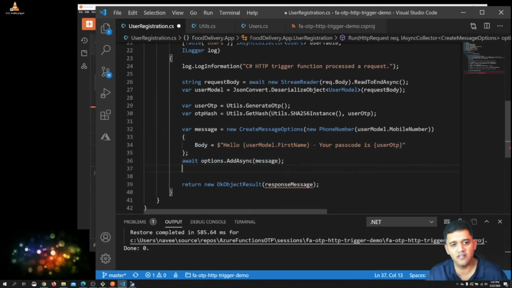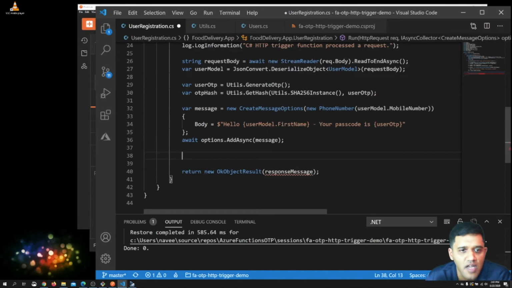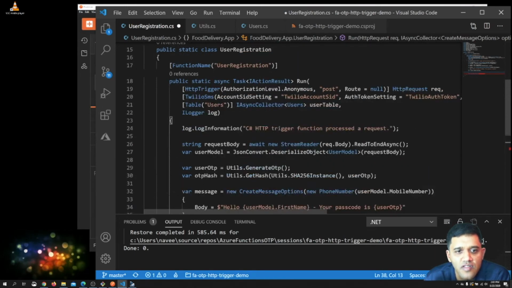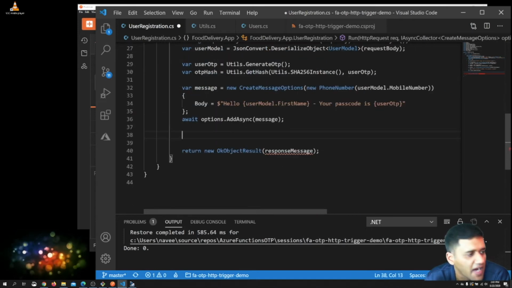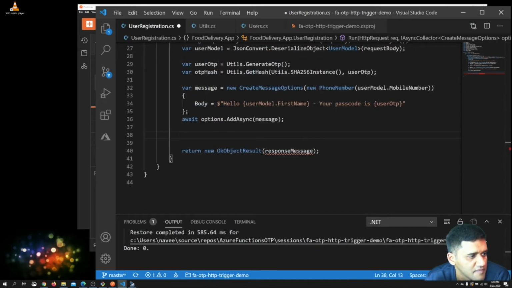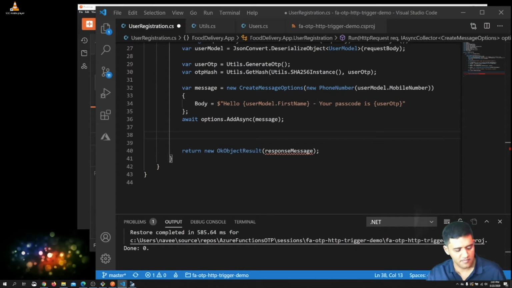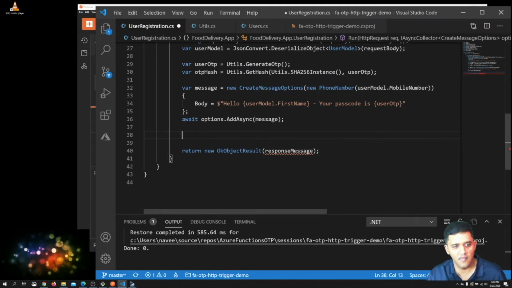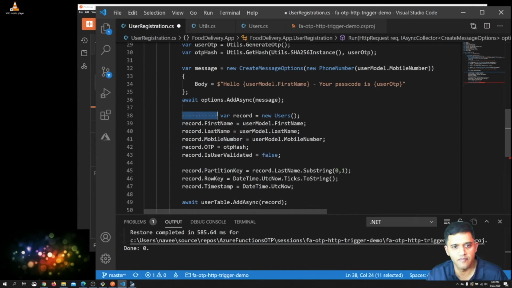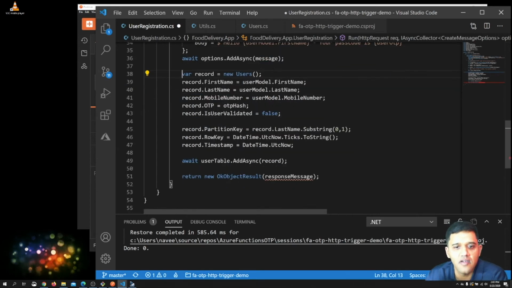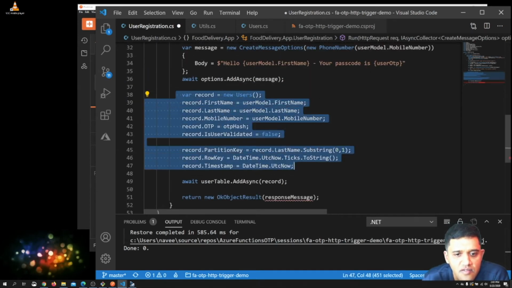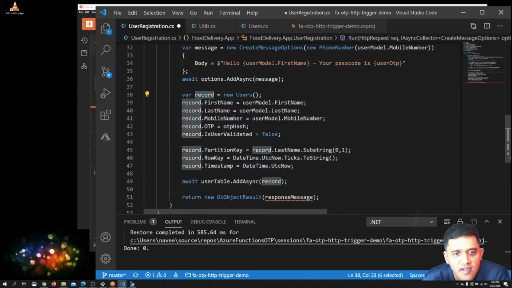Now the next one is saving this user information to the database using this async user table. So let's add that code. Now here, as you can see, from line 38 to 49, I'm creating a new record for this users table, which I have already created here.